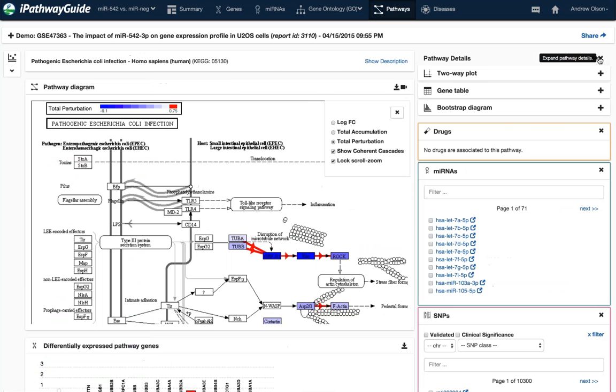And then on the right here, we can look at the pathway details. So I'm going to expand this panel, and we have a number of additional visualizations. We have a two-way plot, a bootstrap diagram, etc. But the thing that I want to highlight here is the ability to highlight drugs, microRNAs, and SNPs directly on the pathway. Now, this particular pathway doesn't have any drugs that are known to act on it, but you'll get a sense of how this works through the microRNA